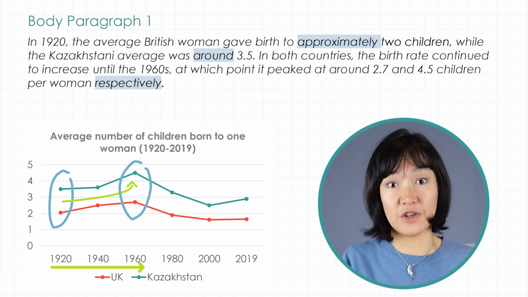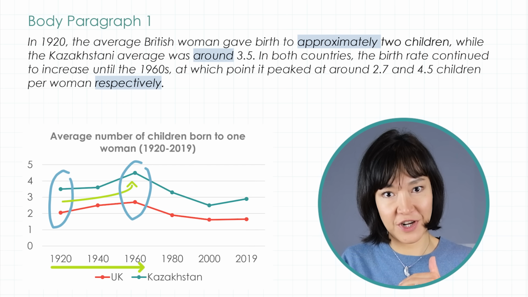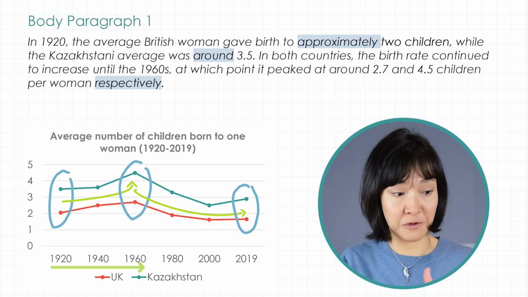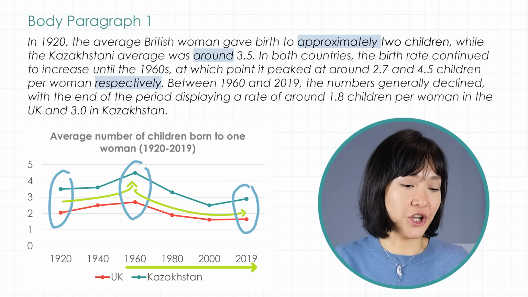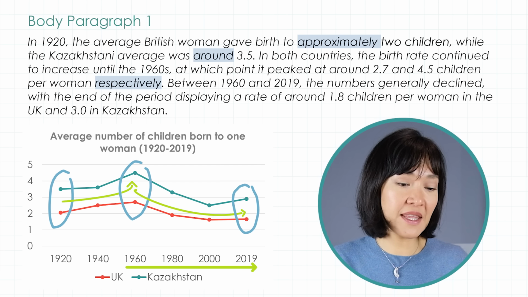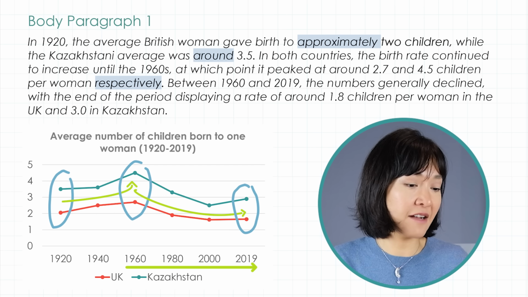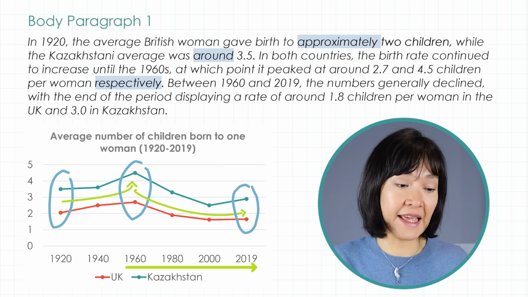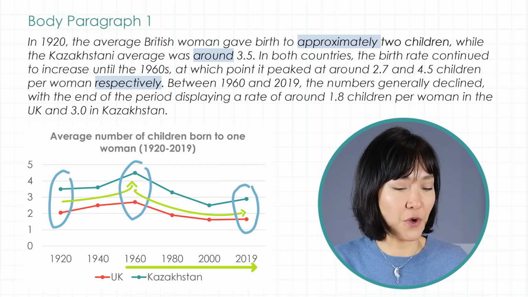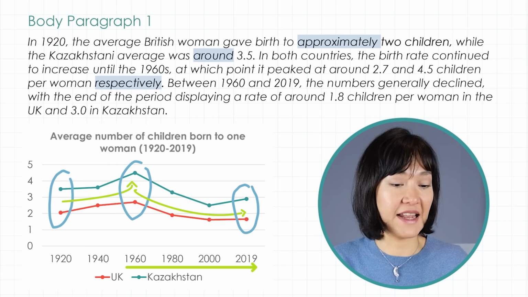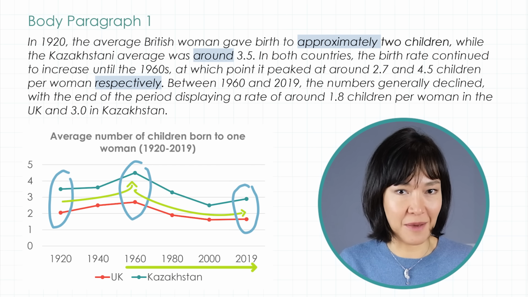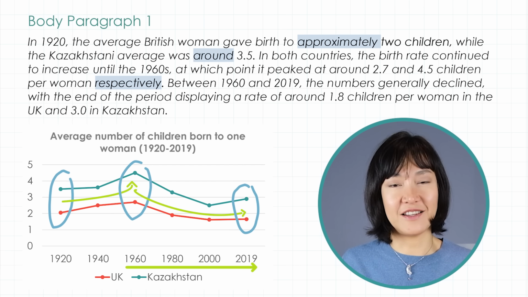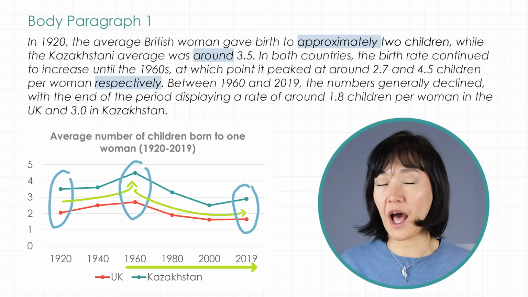Now let's report the second part of the trend, numbers going down. Between 1960 and 2019, the numbers generally declined, with the end of the period displaying a rate of around 1.8 children per woman in the UK and 3 in Kazakhstan. When you're writing your report, don't forget to compare the numbers, compare the different countries and show how they're similar